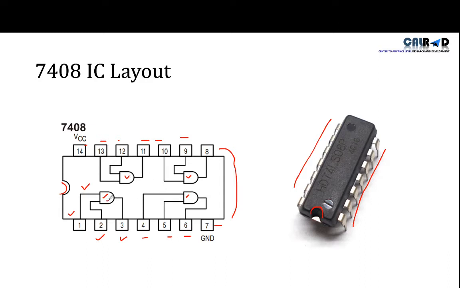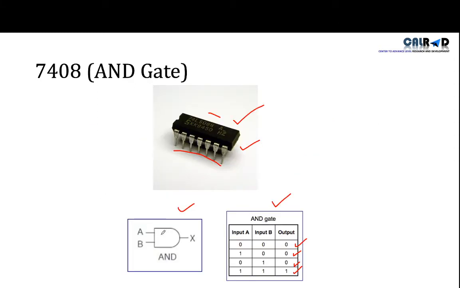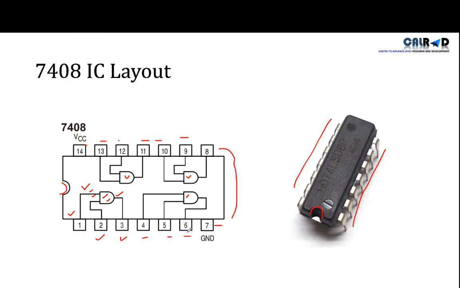Now you can see this is the AND gate, and it has one output and 2 inputs. This is the same thing which we studied. An AND gate has 2 inputs and 1 output. In further studies we will discuss that the inputs can be increased to 3, 4 or more, but it will still give 1 output.